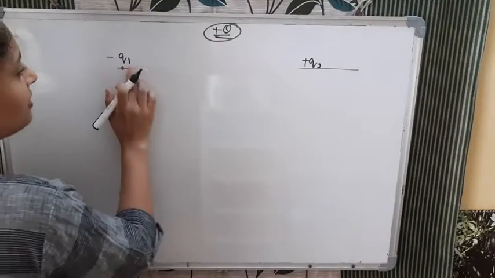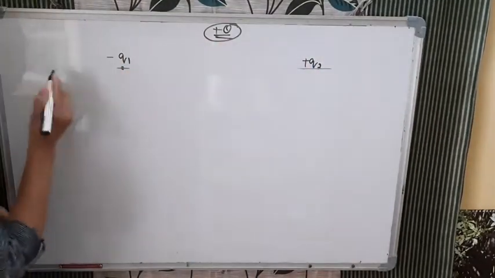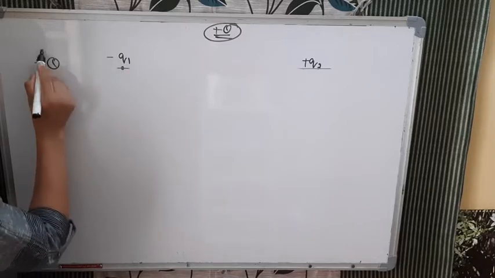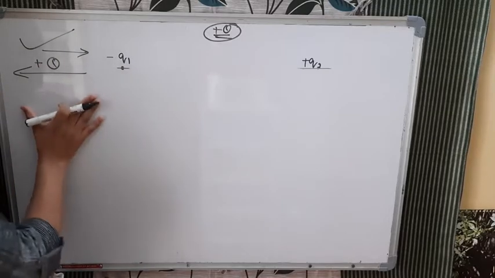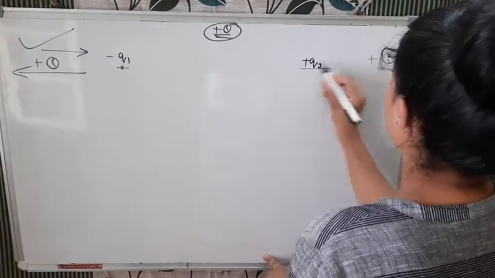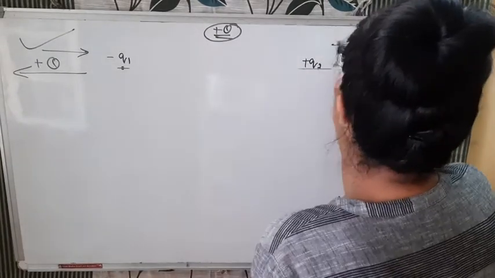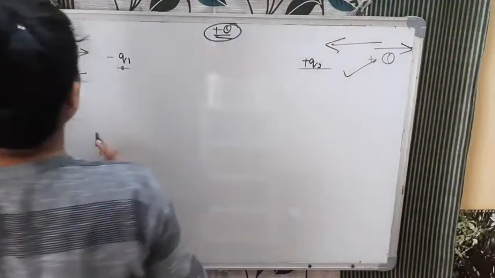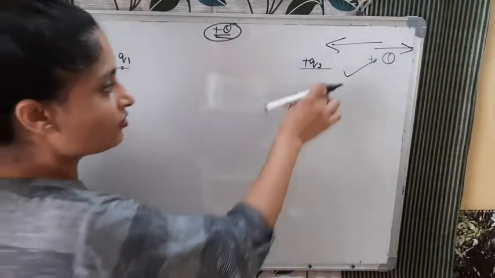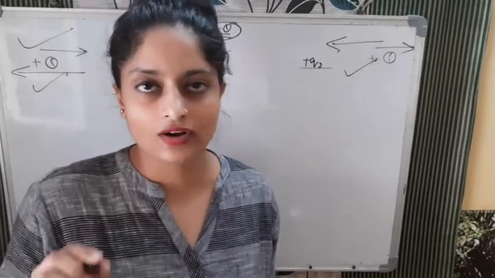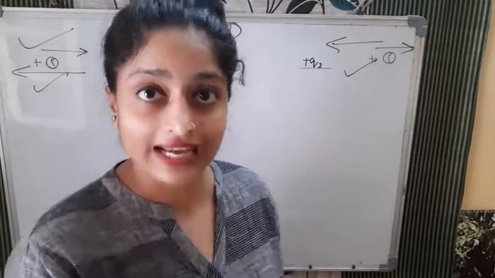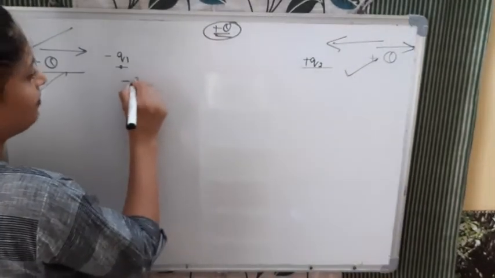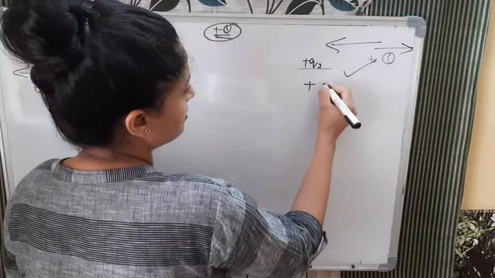See, if we put plus q in this direction, this charge will attract and that charge will repel, so there are chances that the net force can be 0. In the same way here, when you put this plus q on this side, this will repel and this minus will attract. So both cases are possible, but now when you get the values of these charges, you need to always take the third charge near the smaller one. Remember this thing.